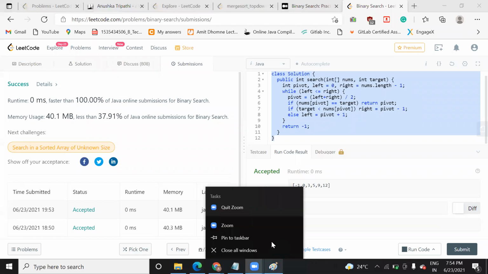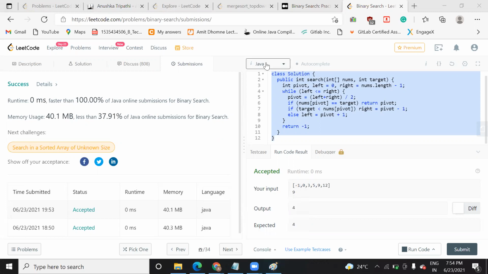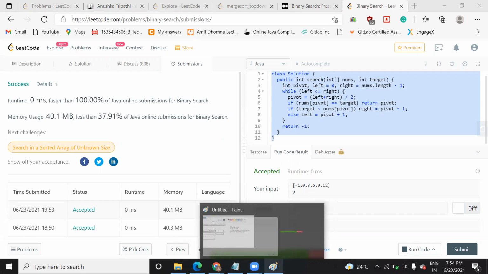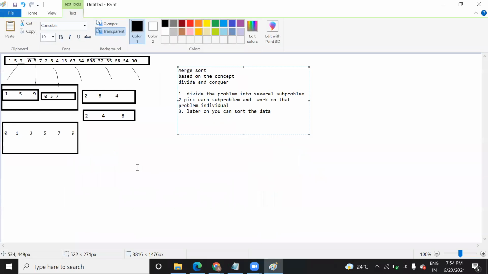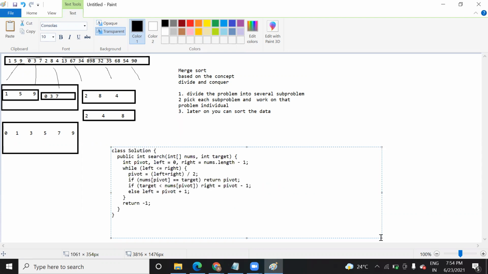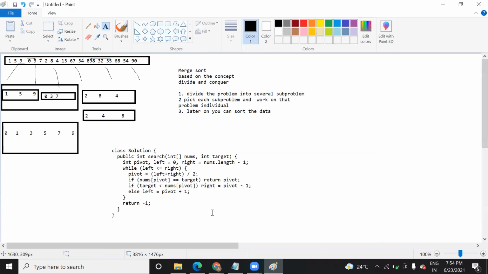By the way, when the meeting ends, the chat also goes off, no? Yeah, but it will be available in the chat, meaning it will be saved in my system. When I get the recording, with that recording file I will get the chat content also. But what I'm doing here is showing you this code on the video so that when I upload this video on YouTube, you can have a look at it.